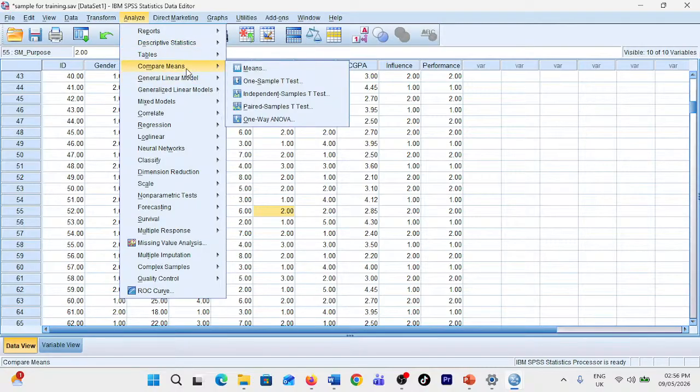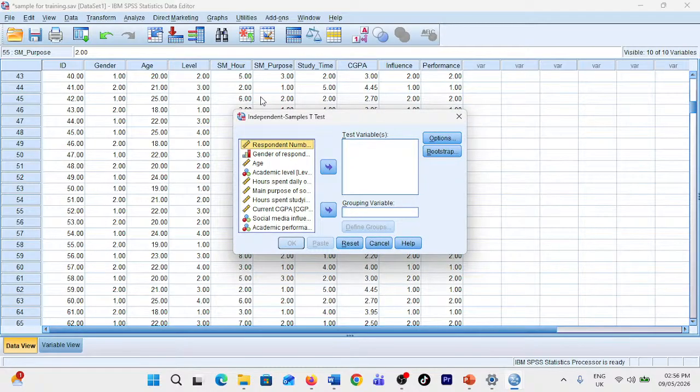Now for the independent t-test, when you have two groups, the two of them must be numerical data. Then you click on Independent Samples T-Test. After you have clicked on it, you key in your variables. So let's say you want to check whether hours spent influences